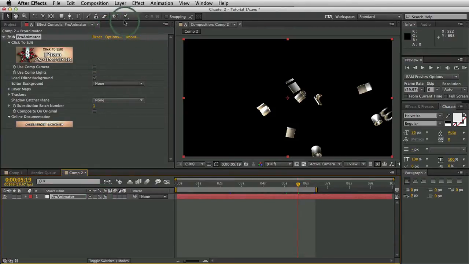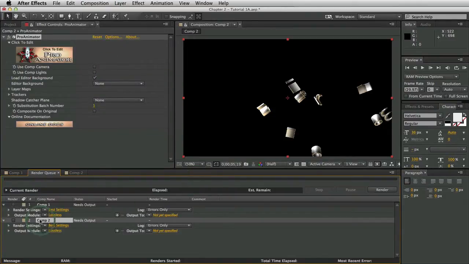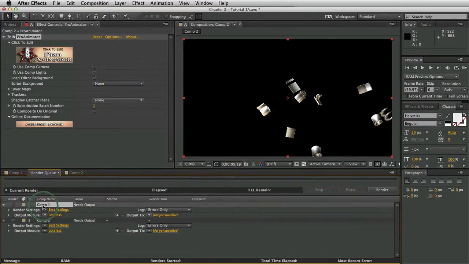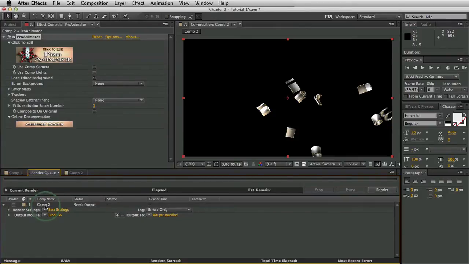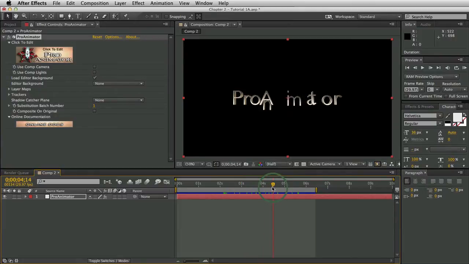And the easy way to do that is when you're done and you add it to your render queue, you can come down here. Let's see, I've got one of these left over. So this is the render queue that we just set the render settings to best settings. Now what that means is that when it's ready for the final rendering, it will automatically flip this little switch to best quality for you when it does the final rendering. So it keeps things super fast and interactive at all times.